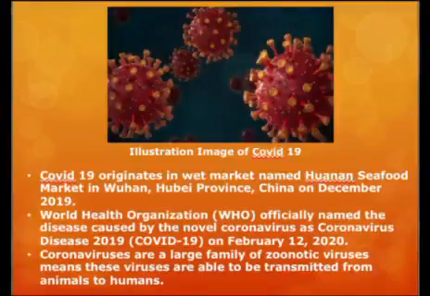COVID-19 originates in a wet market named Huanan seafood market in Wuhan, Hubei Province, China in December 2019. The World Health Organization officially named the disease caused by the novel coronavirus as Coronavirus Disease 2019, or COVID-19, on February 12, 2020. Coronaviruses are a large family of zoonotic viruses, meaning these viruses are able to be transmitted from animals